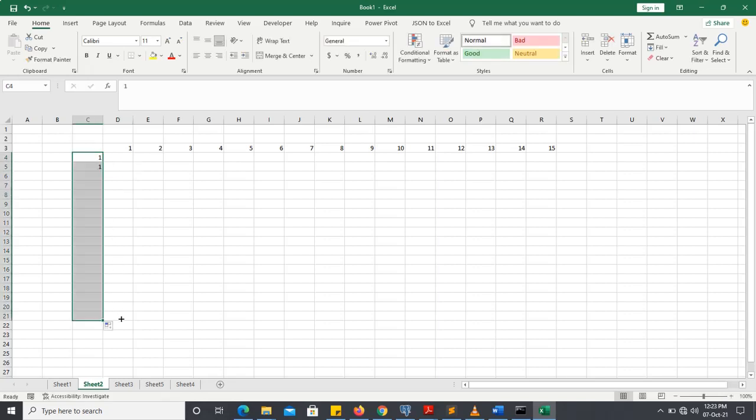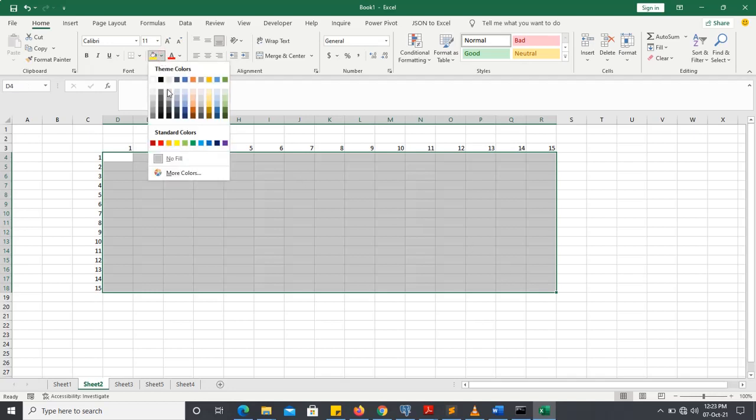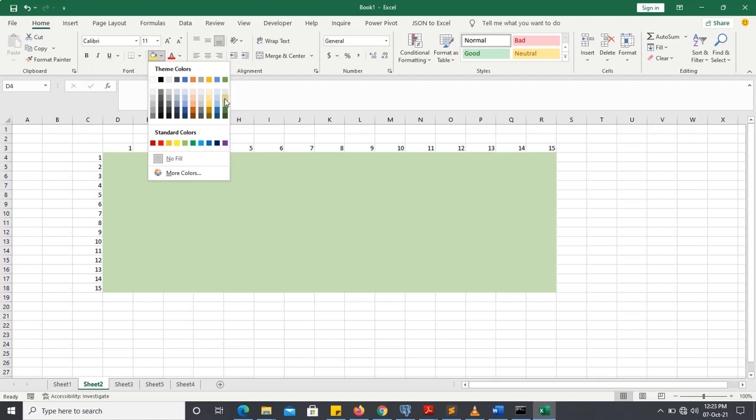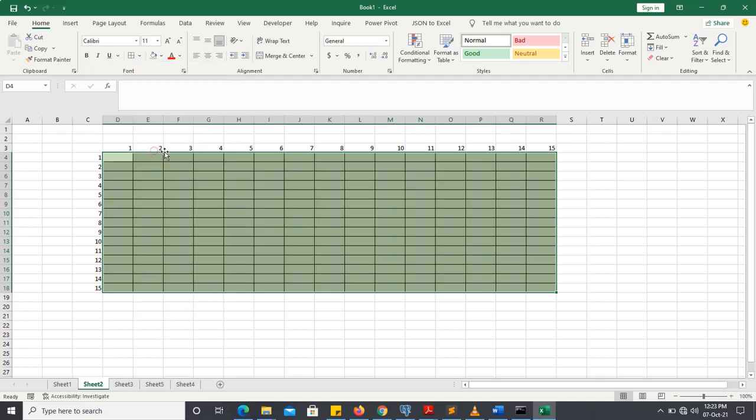Just drag this. And at the same time, we can use fill and do. Okay, this is it. So now this is our area. Let me format this place so that we see what we are trying to do. Good. Let me put a border so that you can see it very well. Good. So what we want to do is